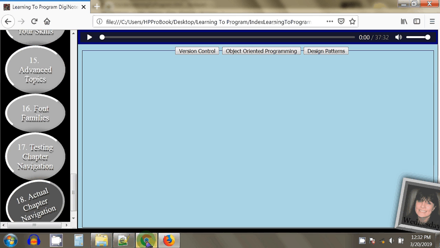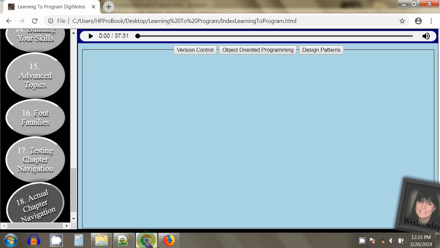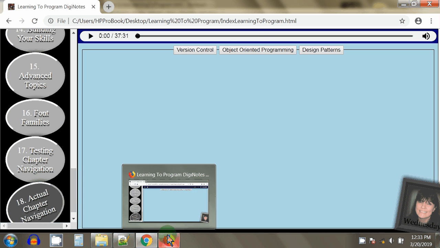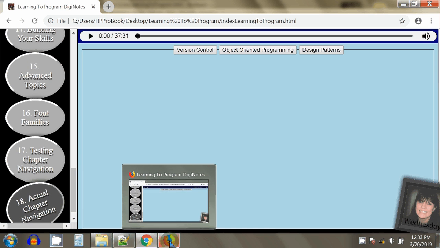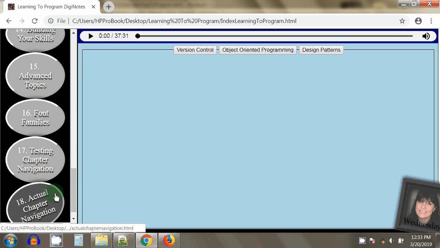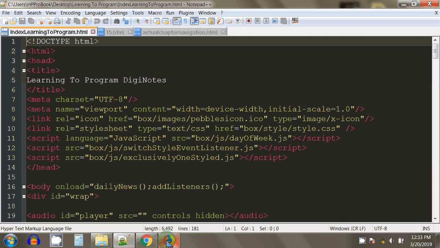So as I go back and forth, you can see the slight differences. Again, this is Chrome. Even this image over here in the corner looks a little bit different. This is what it looks like in Chrome, and this is what it looks like in Firefox. So the border changes. Also, when I go back and forth, you can see the sizes of these things to the left for my navigations